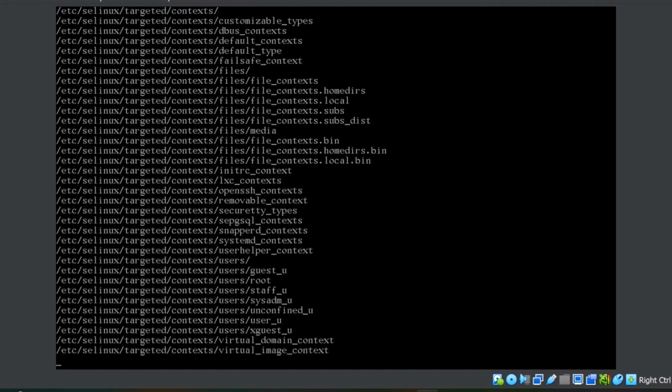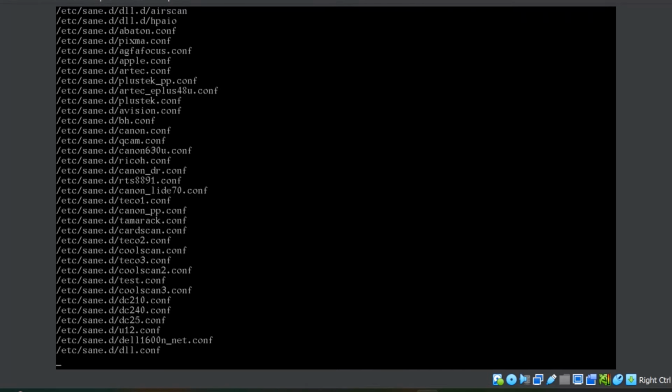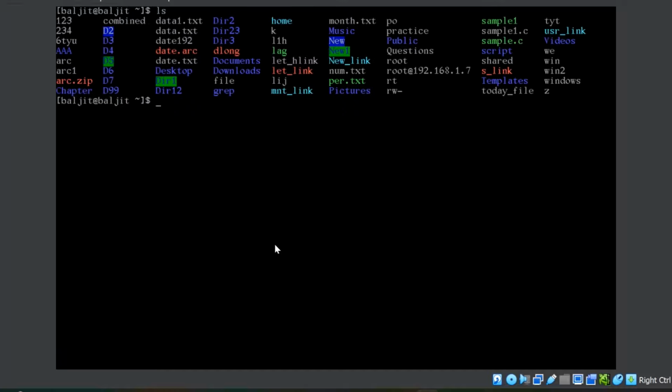So, depending upon the content of the directory, it is going to take some time. Let us check. So, you can see that etc.tar is created. Now, the next part is the compression. Now, to compress, let me first show you the size of the files